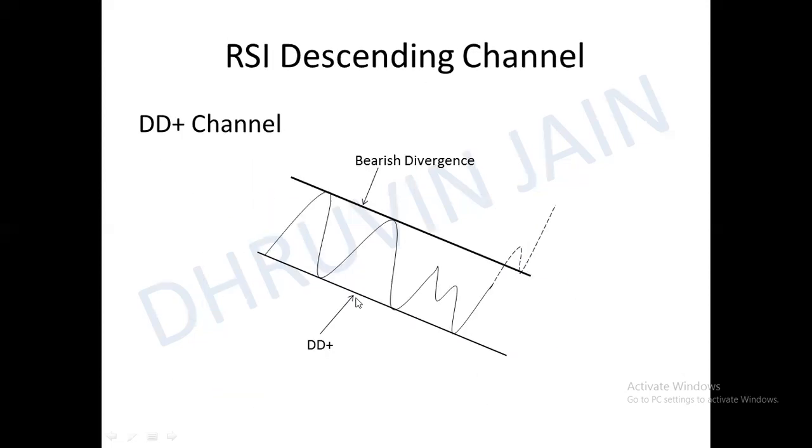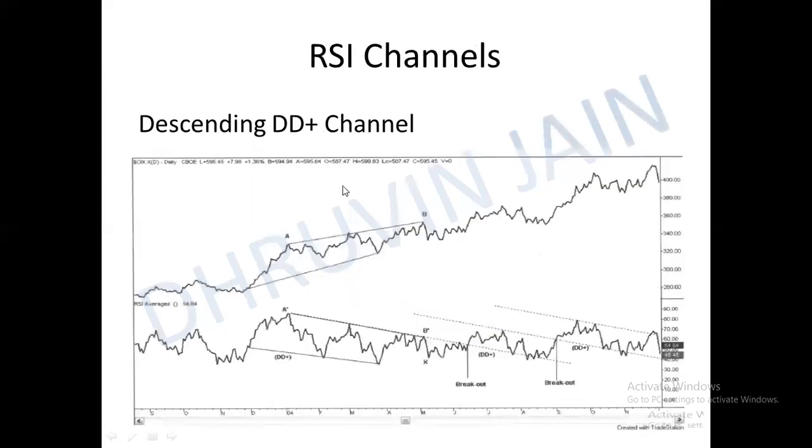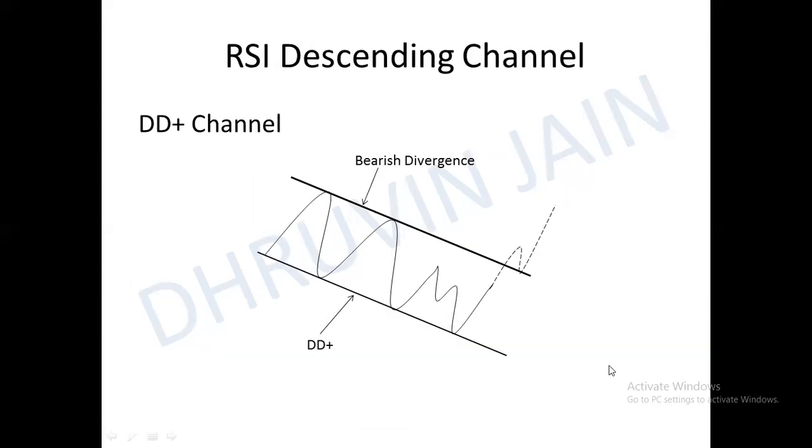Okay, that is the DD plus. That is our DD plus. And like this, we can plot these two highlighted lines, which are these dark black lines, and we can plot the descending channels. You can actually plot a descending channel in any of the charts like this. The descending channels can be plotted. Okay. Descending channels are actually a trending structure channel.